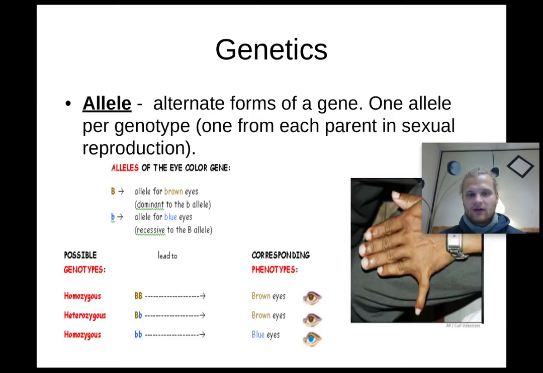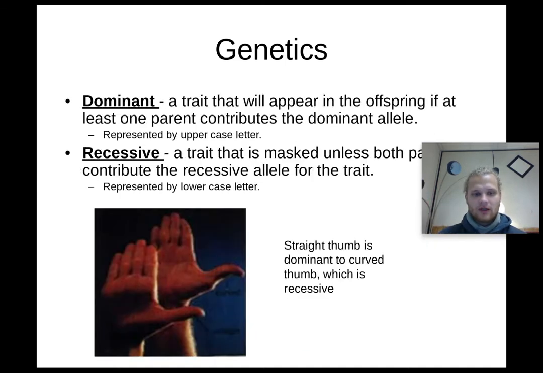So an allele is going to be an alternative form of a gene. So you're either going to have curly hair or straight hair. You're going to have brown eyes or blue eyes. You just got two options. Two options is all you get. All right, so dominant versus recessive. Like we said, we got the capital B versus the lowercase b. Capital B is going to win the tiebreaker because it's dominant over recessive.